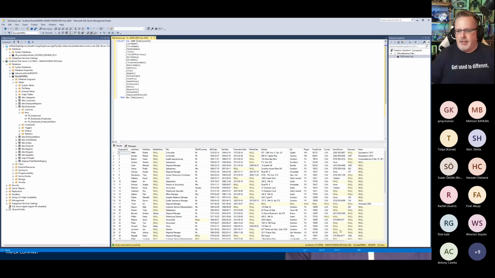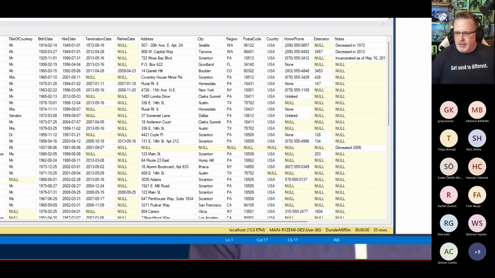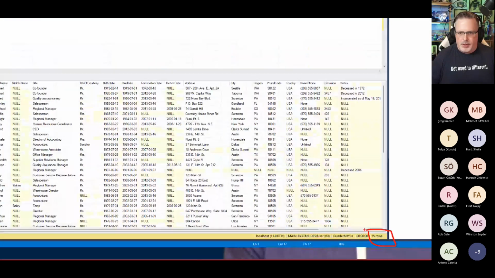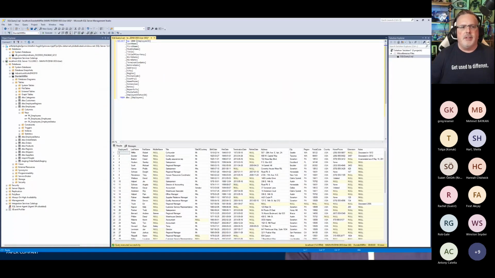And as you can see, if I zoom in down here, there's only 55 records on it, so it's no big deal. This limit is no problem. Now, you may find that in the different databases that are out there, there are different controls in place. In SQL Server, it's the top 1,000, but in other databases, you have to do